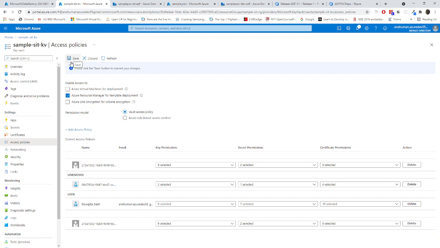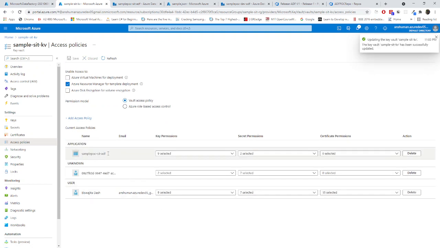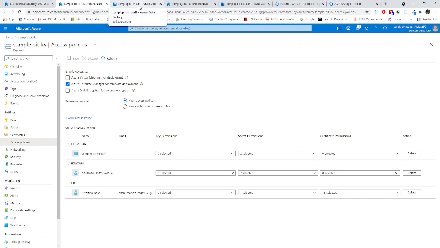Make sure that you save this thing, otherwise this will not work. This is not auto saved. You have to save it. Now we have given authentication by using access policy. So every ADF has a managed identity, a unique identity, and we are giving that access to this thing.